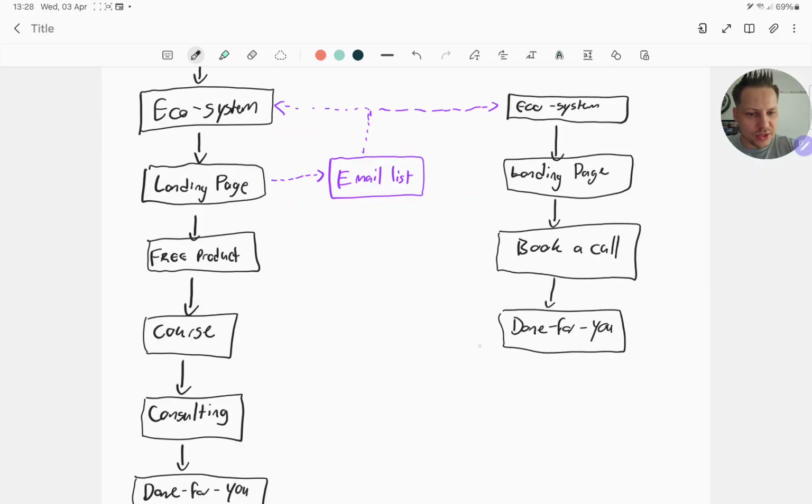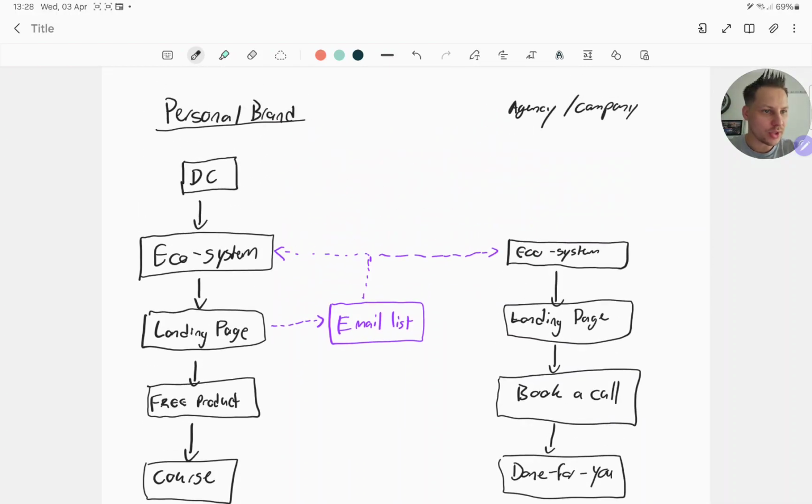When doing this, it's important to make sure that your messaging on your landing page or your website, when you're pointing people here, lines up with what you do. So you are busy selling a course, consulting and training on how to sell real estate. Maybe you won't have a done for you service for the actual sales. You're not going to be doing the sales for the people, but you're going to have a course, one-on-one consulting, and a free product where you teach people how to sell real estate. And then on this end, this is where you're going to have the done for you service, where you're going to get them sales leads.